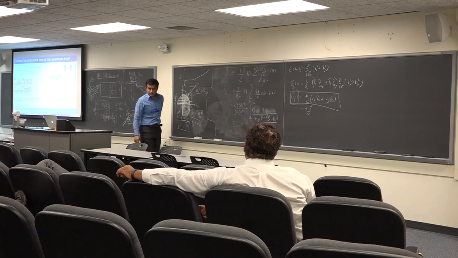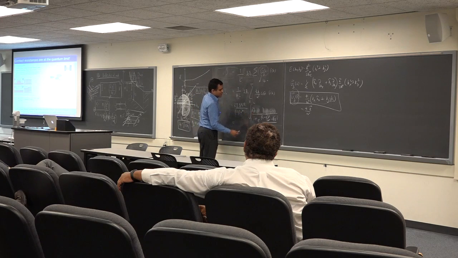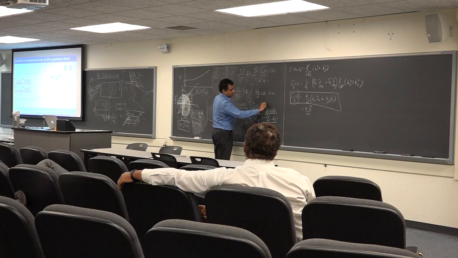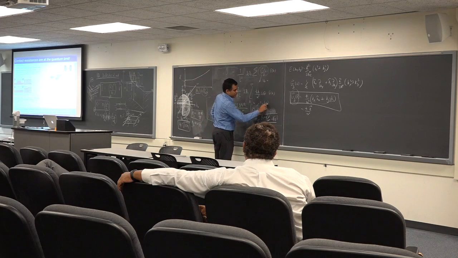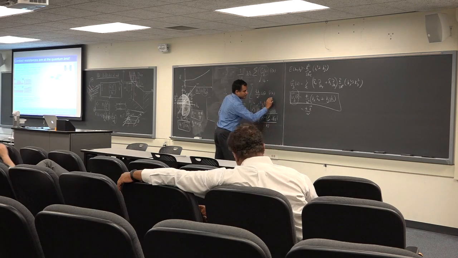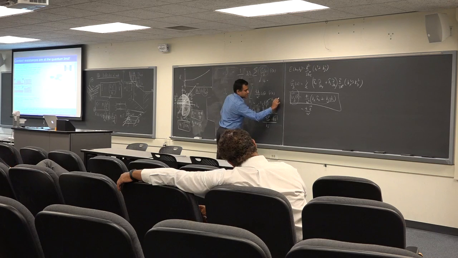And this part is now in the form of a Fermi-Dirac integral, the half order Fermi-Dirac integral, where the argument, and that's the key point here, is the Fermi level of the source minus EC